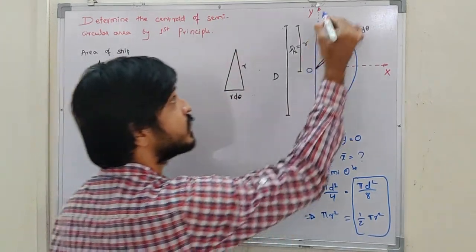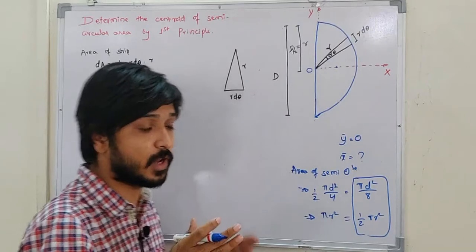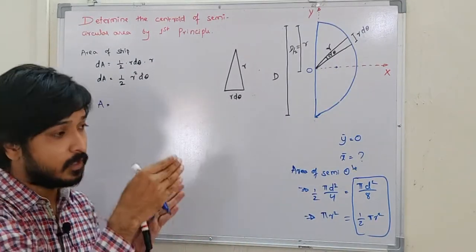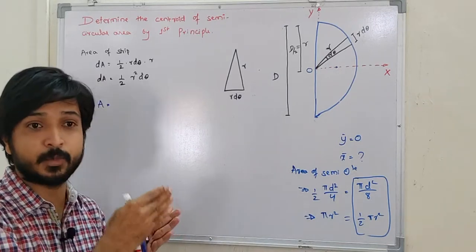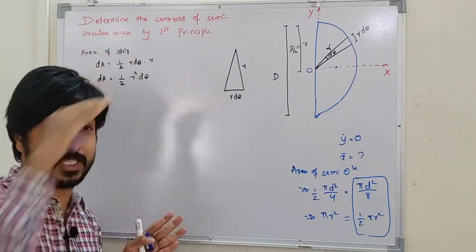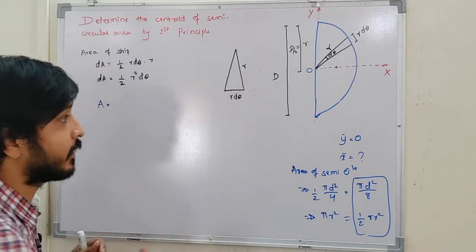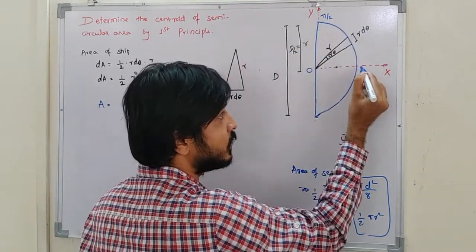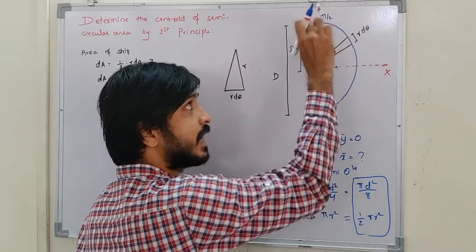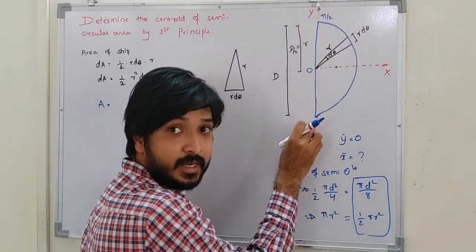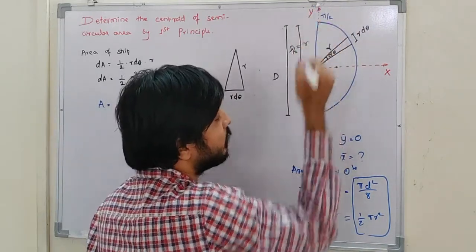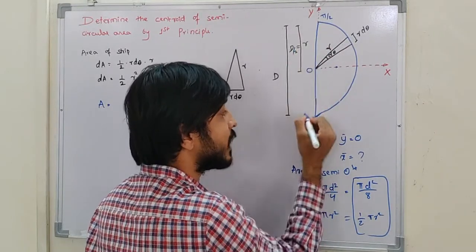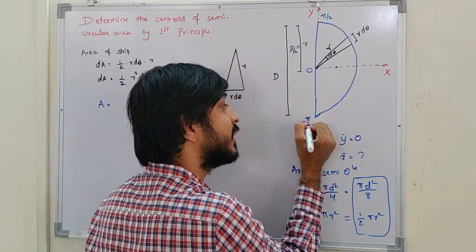So now we'll try to find out the area of this semicircle. In the previous case, when I was taking the rectangle, the limits were ranging from 0 to a or 0 to h, based on which side we are taking, right? Whereas here, this is 0 angle, and if I go here, this is 90 degree, and if I come here, minus 90 degree. So the limits of this semicircle are minus pi by 2 to plus pi by 2.